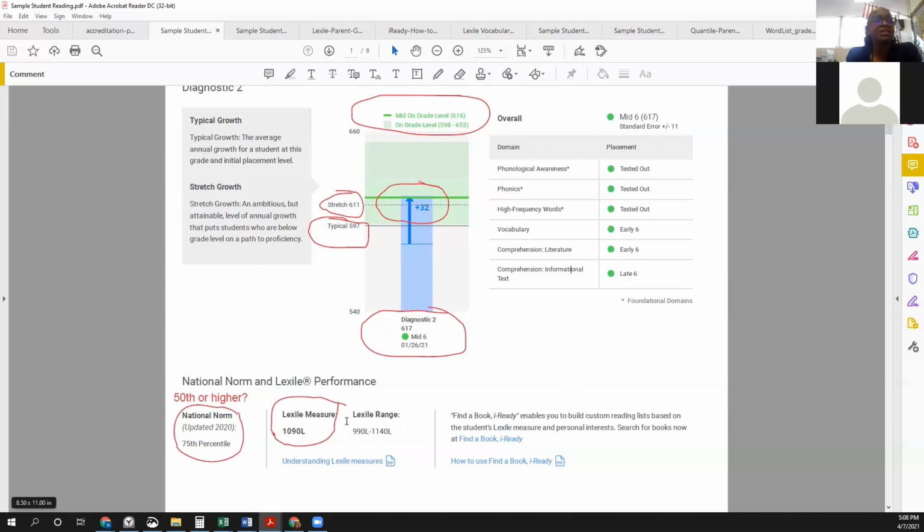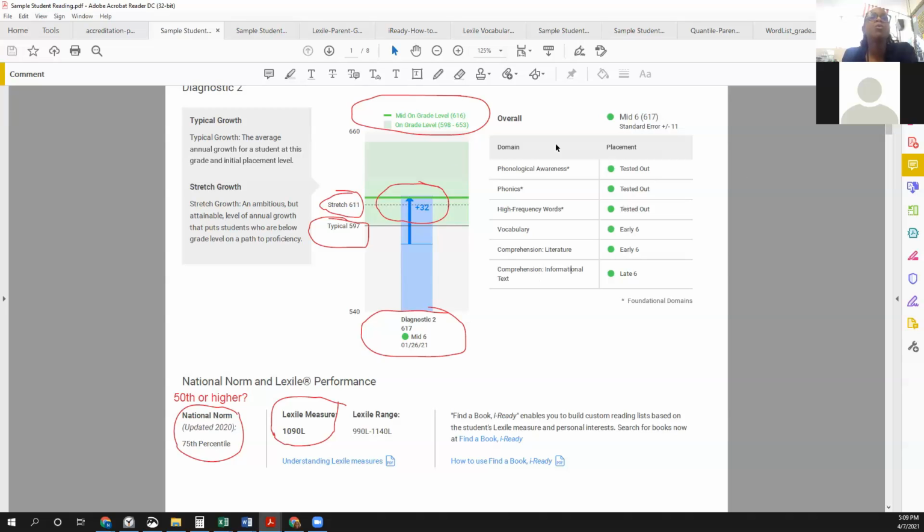Before we talk about this next section, because there's some resources we're going to discuss, for vocabulary, literature, and informational text, if you go past page 1, for each section of the iReady test, this is not the report that we typically send to our parents. We're sharing it with those of you all who are in attendance tonight or who are watching the recording of